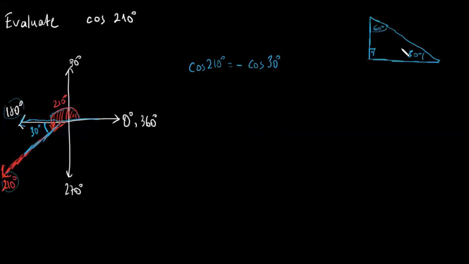And the side opposite to 30, let's say it is 1. The side opposite to 90 will be 2, because the side opposite to 30 is half of the hypotenuse, or the hypotenuse is 2 times the length of the side opposite to 30. So if you want to draw it just like this, for example, let's say this is